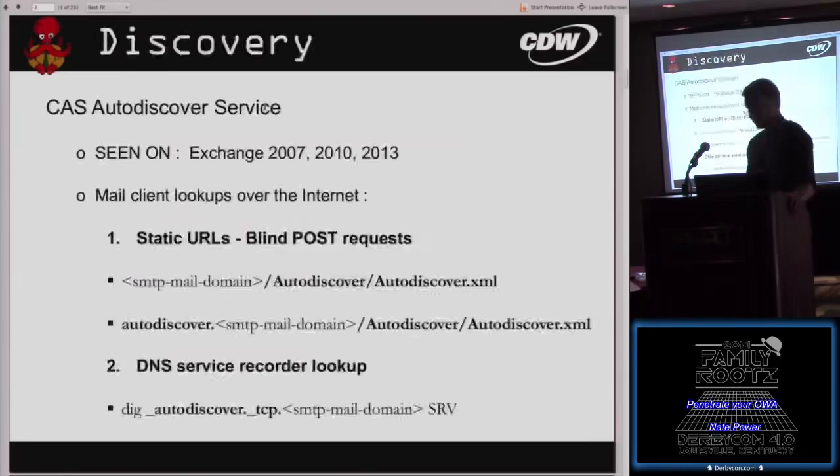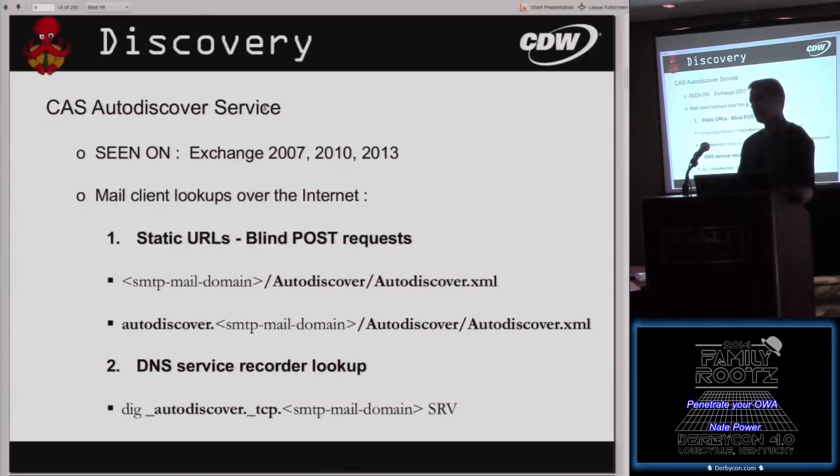Okay, so discovery. The client access server has actually been around since OWA 2007, and it goes all the way through 2013. Initially, when OWA 2007 came out, there was no client access server for it, and I would consider that version 1, and then there's a version 2 where they actually supplied client access server support for it. Evaluating Outlook client communications when it's trying to use the AutoDiscover service to find it on the internet,